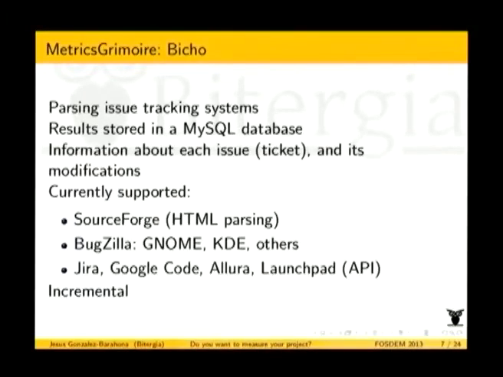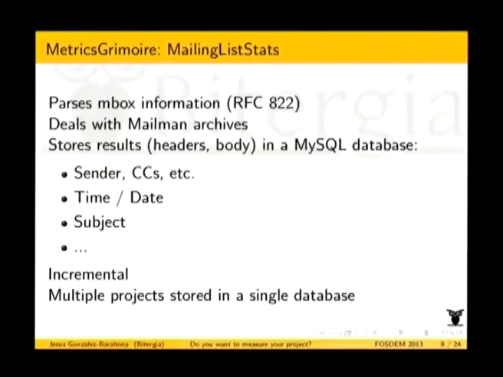And the third one is MLStats, or mailing list stats. Basically, it's for dealing with mailing lists. It's capable of parsing inbox archives or Mailman archives online. Again, it puts all the results into a database, nicely organized in some tables, and you have, again, the usual fields in email messages like sender, CC, time, date, subject, content of the messages and things like that. It's incremental in the sense that you can go today and get everything since yesterday, for instance,